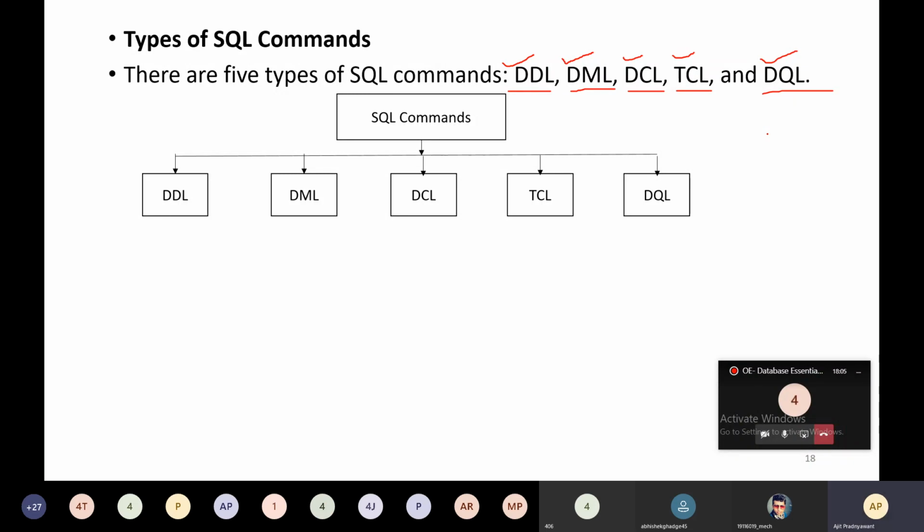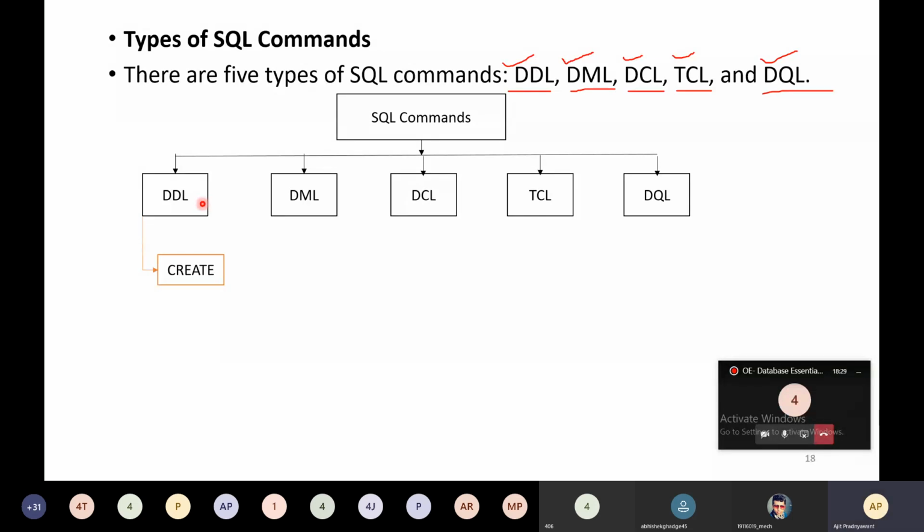Now we are going to see what the different constructs are inside each type of SQL commands. So in DDL, first is the create statement, the create command.